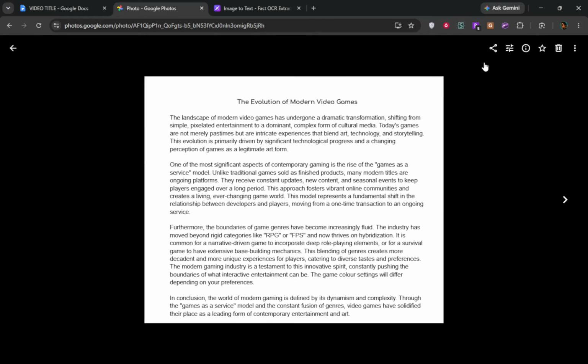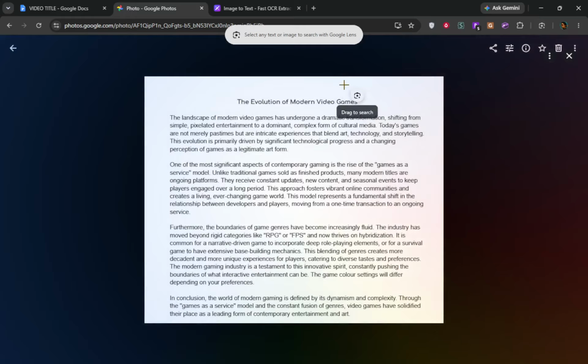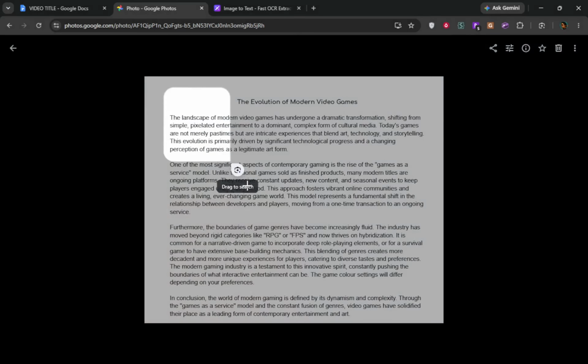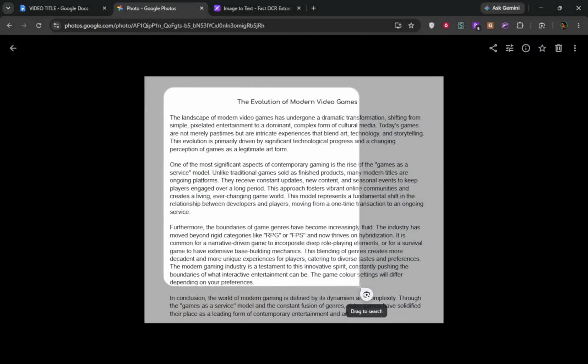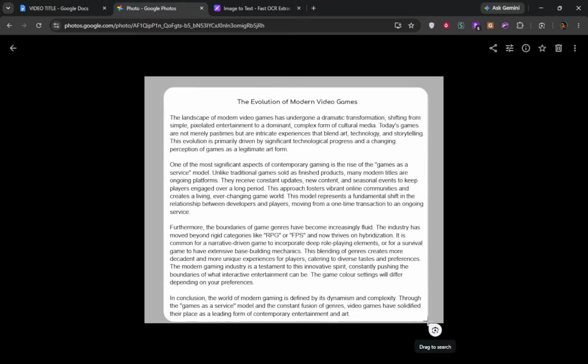Once Google Lens is active, you'll see several options. Select the one labeled text. This is crucial because it tells Google Lens to focus on extracting the text rather than identifying objects or places within the image. Next up, you have the option to tap Select All to choose all the text in the image. If you only need a portion of the text, you can manually highlight the specific words or sentences you want. This flexibility is valuable when dealing with images that have both important and irrelevant information.